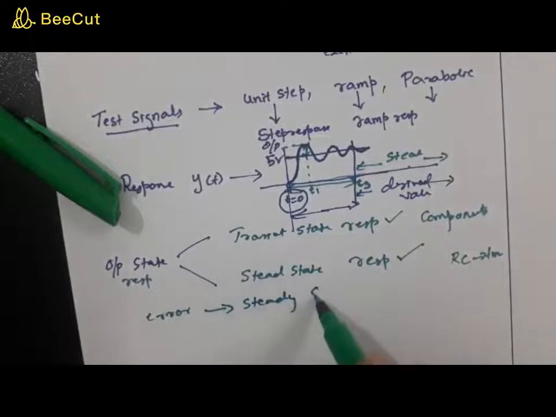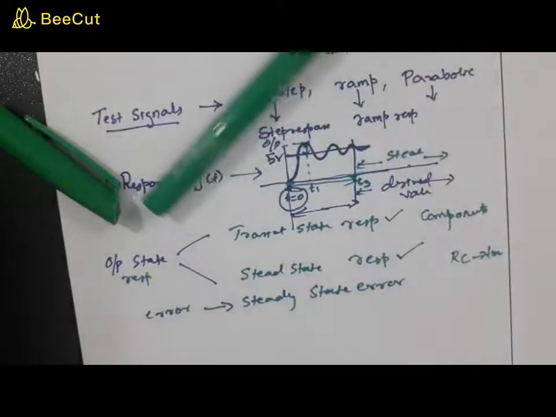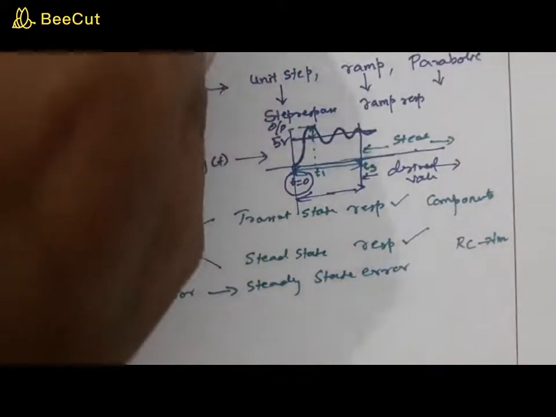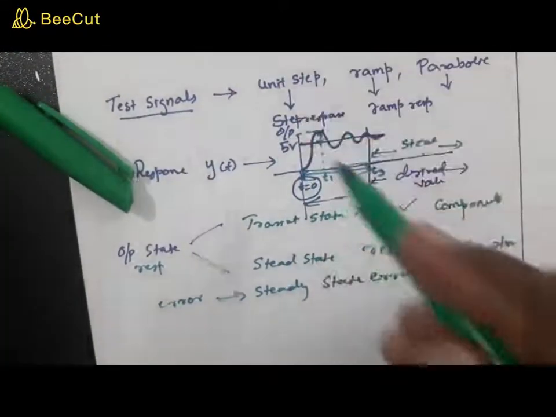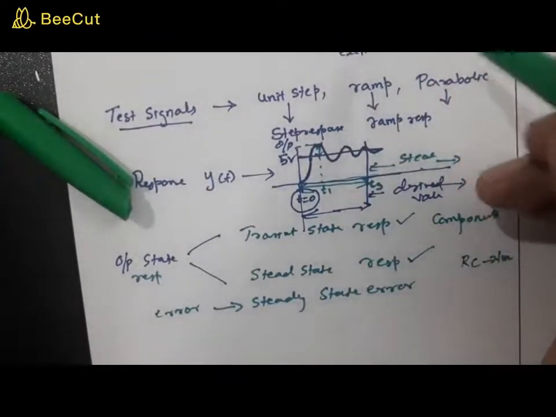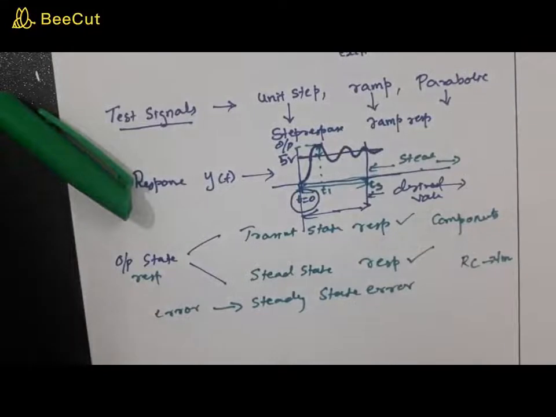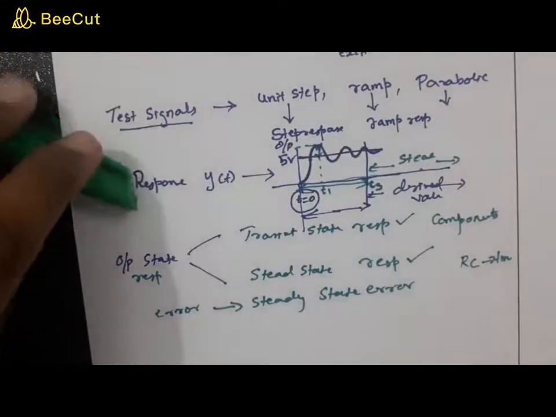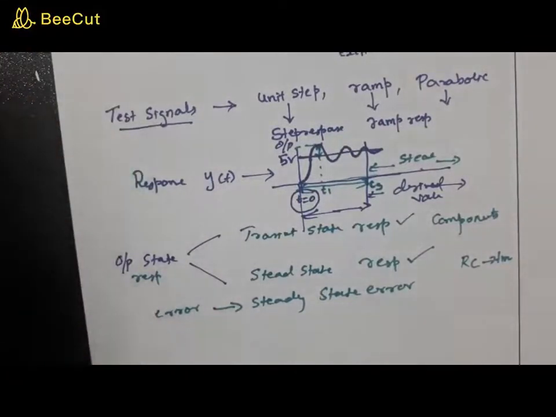Steady state error. Now, this steady state error, as we will find later, depends on the test input. So, for various inputs, the steady state error of the system varies, and based on that, you can restrict the system to some of the inputs. Say, for example, when we analyze, we will be able to find out for some inputs,